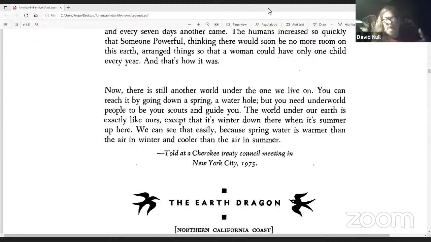Now, my addendum to that last little paragraph in this story is that there are many stories of people living inside the earth, hollow earth. Now, many years ago in Cades Cove, Tennessee, which is on the Tennessee side of the Great Smoky Mountains, and on the other side of the mountain is North Carolina, okay?